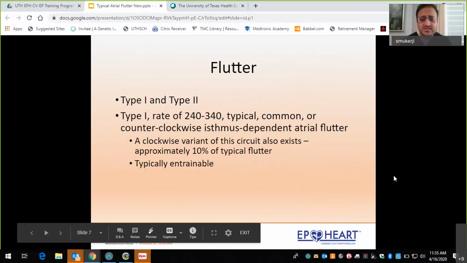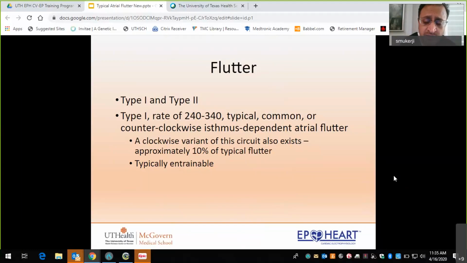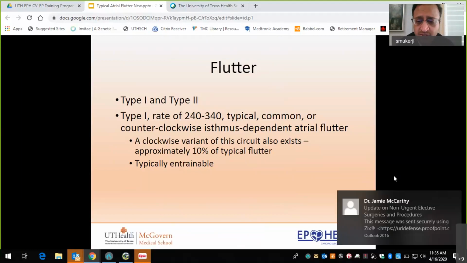Okay, so this is an interesting slide. Again, we don't use this kind of nomenclature anymore. Back in the day, we'd call it type 1 and type 2 flutters. Right now, like I said, when we talk about flutters, it's either typical or atypical. But just for